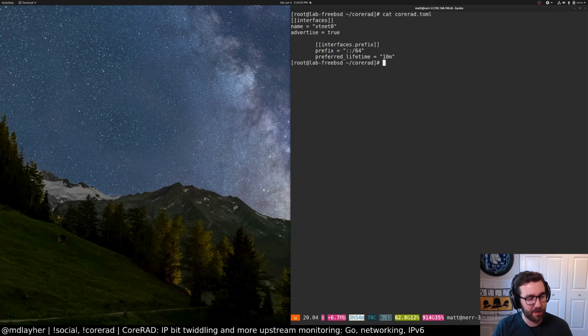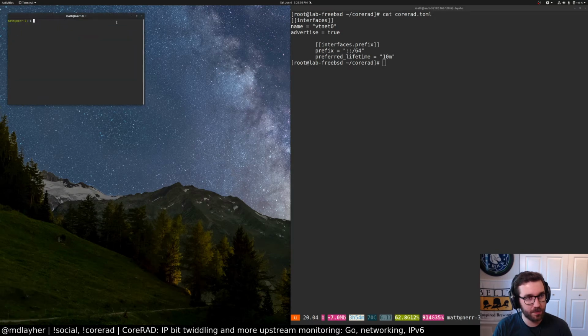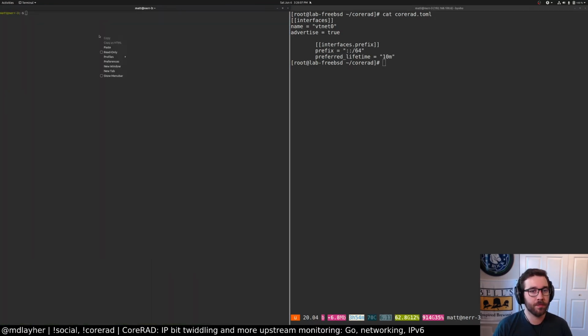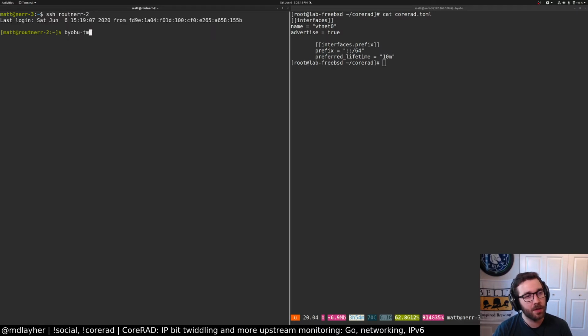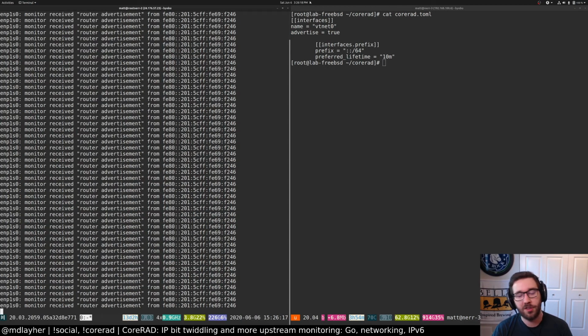I need to create another terminal with the presentation profile. Where is this? The router? Yeah. So I'm running my lab instance of this in screen, or tmux. I'm lazy. So this is the lab instance. You'll see it's noting here the router advertisements for my ISP. I feel like this is not really useful. Do I want these in the logs? I think I might need to add a verbose mode, honestly.